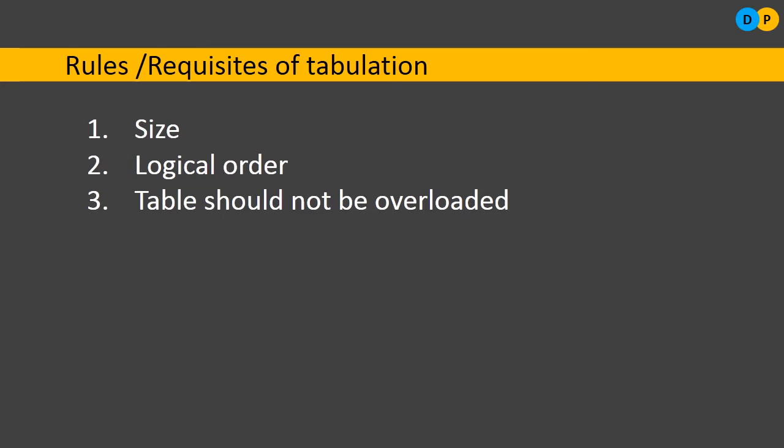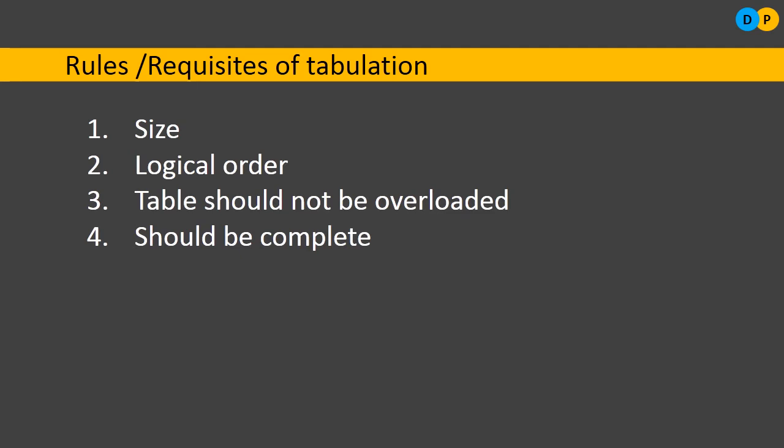For example, let us say a table is having students' information. So register number, name of the student, place of birth, father name, mother name, caste, religion, physical activities, marks in each and all the subjects. So here too many different data, too many different characteristics are considered. Then this particular table will be completely overloaded. So it will be difficult for us to study and to make certain analysis. So that's why always the table should not be overloaded.